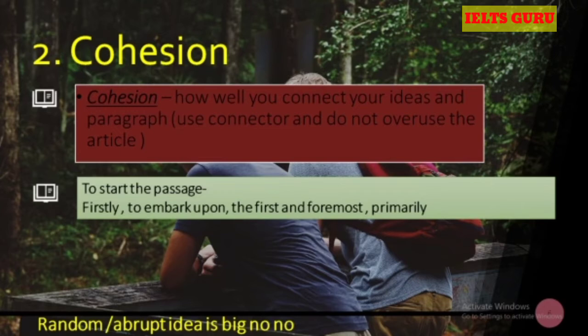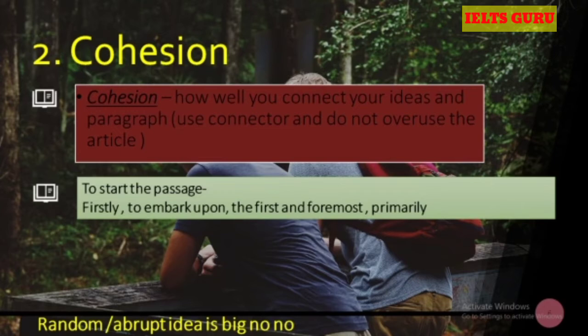Now why we need these linking words or why this cohesion is important, means अगर हम direct लिख लें तो क्या होगा. So what happens here is when you use these linking words, you write in a sequence, okay. Means you connect everything with each other and your ideas make sense.